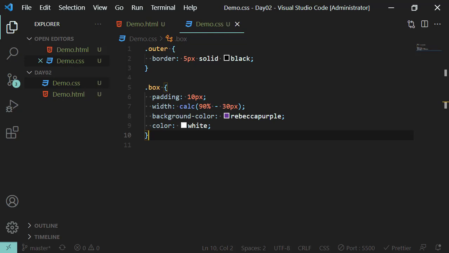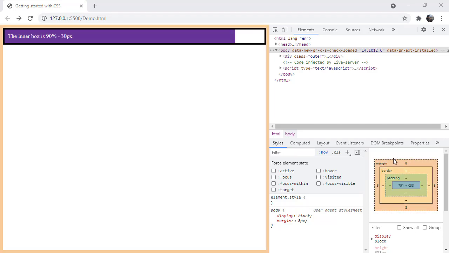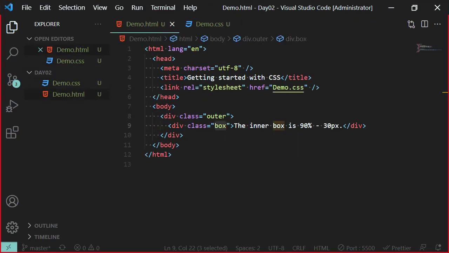All right, I want to talk about at least one more concept, and it is called the box model. All right, so in CSS, the way these elements are saved and stored, they fall under the category of the box model. All right, a box model is what we see here on the screen. It is a general appearance of an element, and it has multiple things to it. So let me go ahead and demonstrate this to you